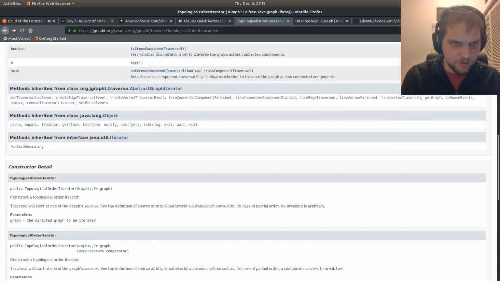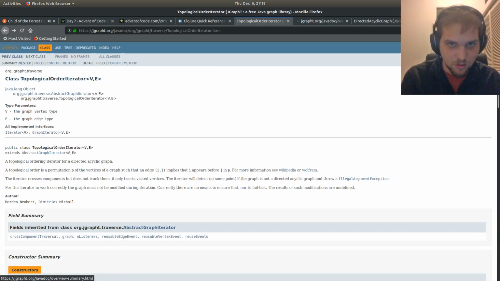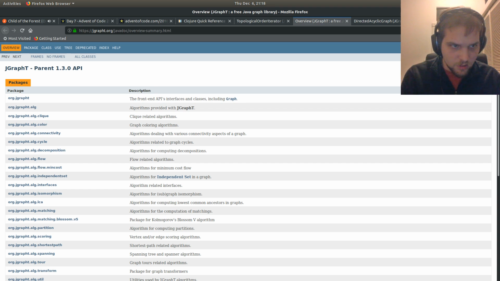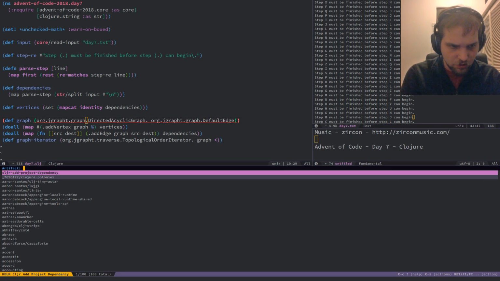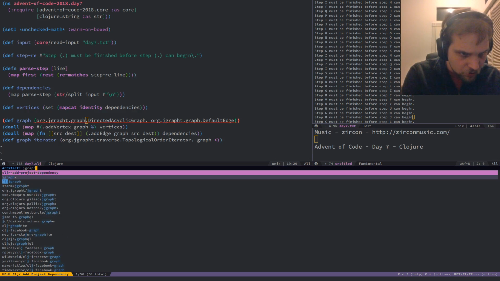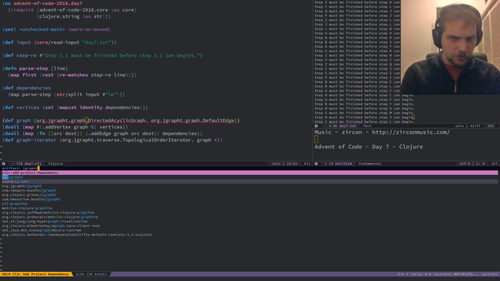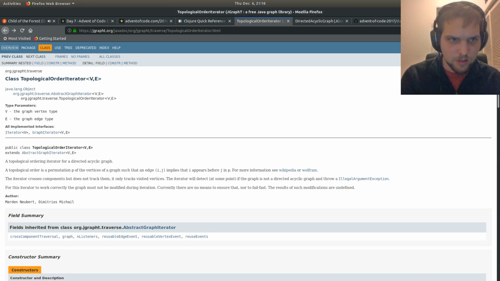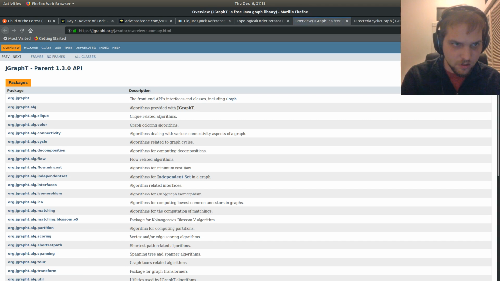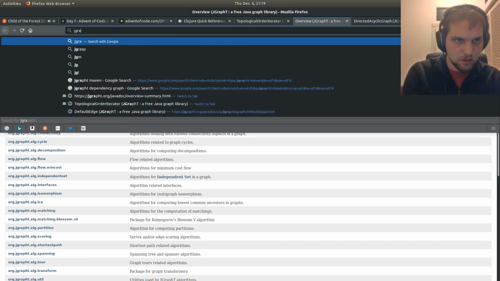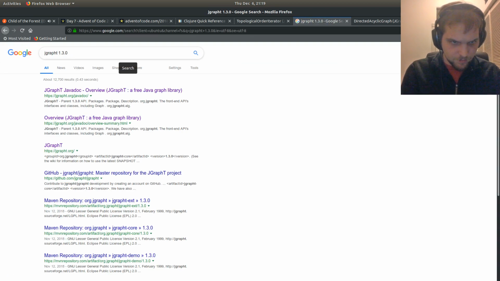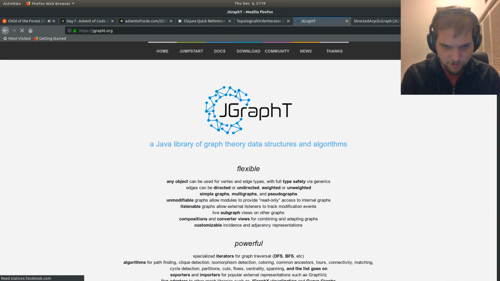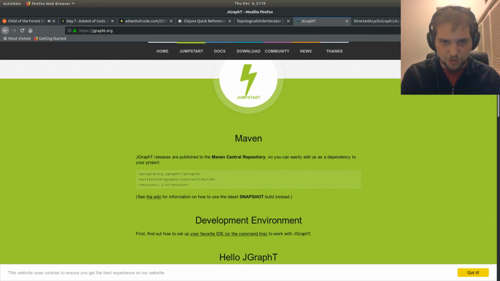Do I have the right version? Overview. It's jgraph T 1.3.0. Hold on, let's try this again. I think the index is bad, is what's going on here.